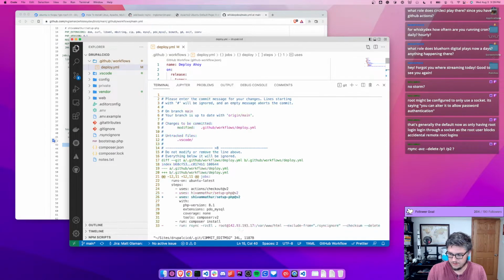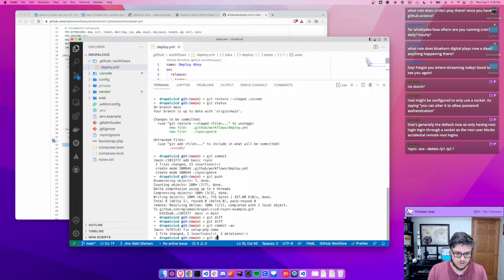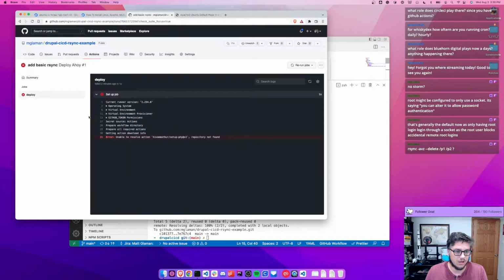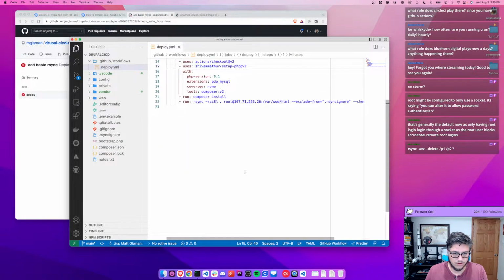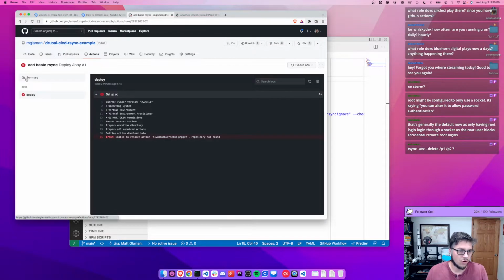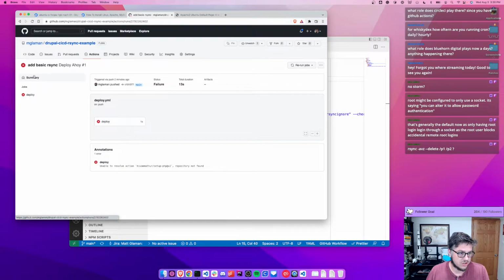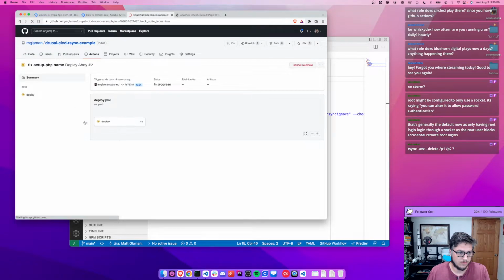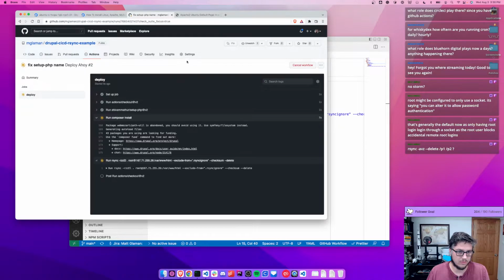Diff. Commit AV. Fix setup PHP name. All right, so let's push it. And I honestly don't know what rsync does when you don't pass it a password. So we're going to see what happens. Normally, I would set up an SSH key as a secret. So what we can do is at least set that up. So while this is running,